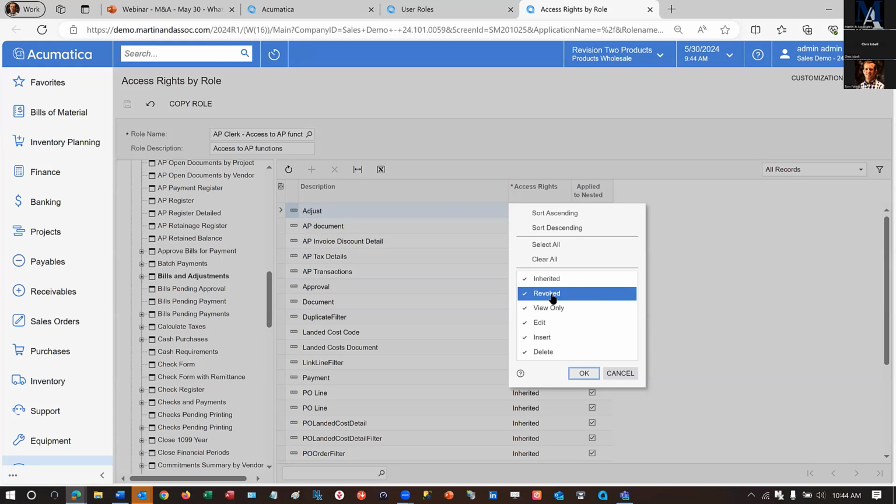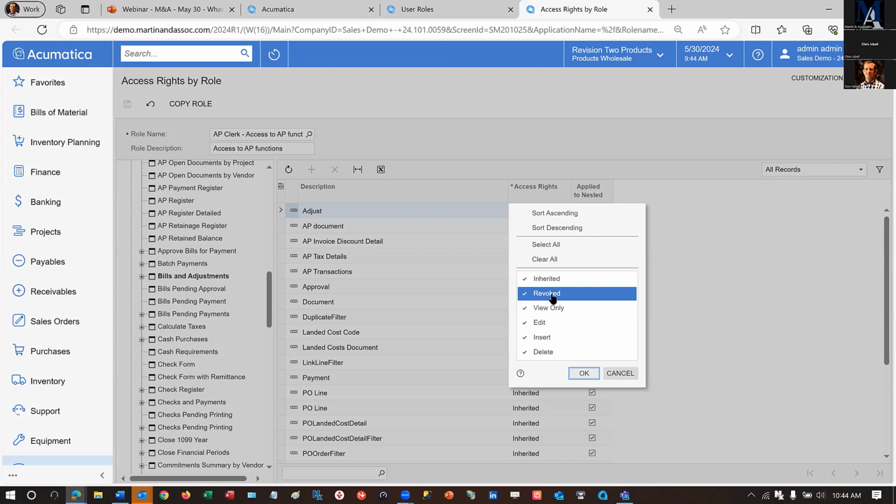You can't see it. You have to explicitly grant access to an object to at least one user role, and the user role is applied to one or more persons, in order for them to see it. Whereas in the past, someone would come with a new report, a new generic inquiry, or a new custom form, and by default, everybody got to see it. Now, by default, no one gets to see it until you go choose a user role that should see it,